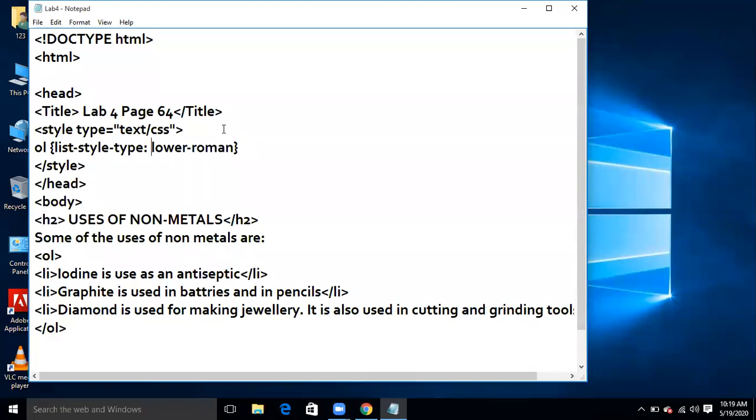I hope you people are doing these lab activities on your PCs. Please raise your hand and let me know, so that I can know how many students are doing these activities. You can make changes in these activities by changing lower Roman to upper Roman and see what changes in the output, or by changing the unordered list to the ordered list. Okay, it means a number of students are doing it, but what about the others? They are not doing it.